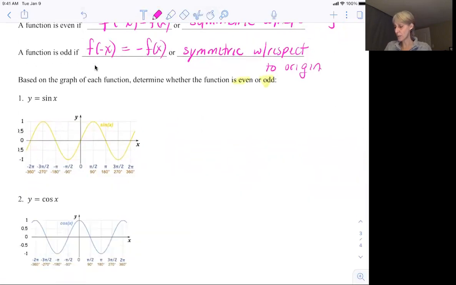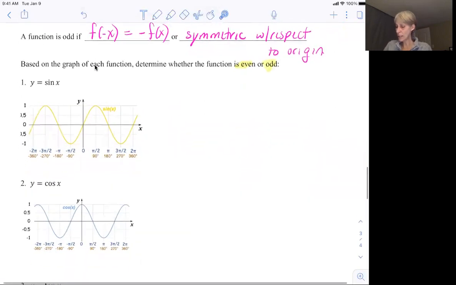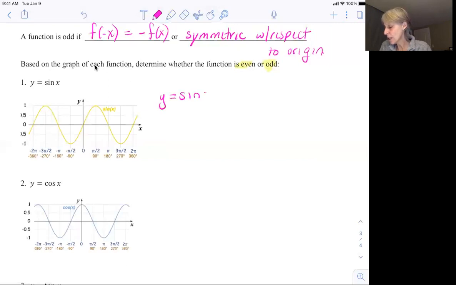So let's think about this. When I look at this sine curve, and remember, the sine curve goes out, it's oscillating and it repeats itself, is this function symmetric with respect to the y-axis, or is it symmetric with respect to the origin? Hopefully you see it's symmetric with respect to the origin, so we can say a sine function is an even function. In terms of what this lets us do mathematically,